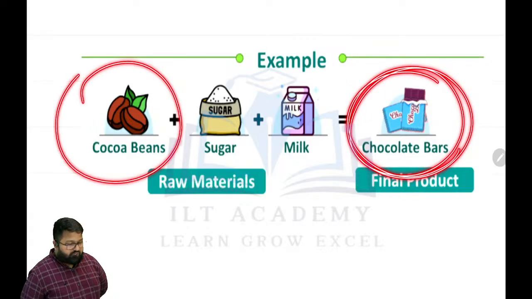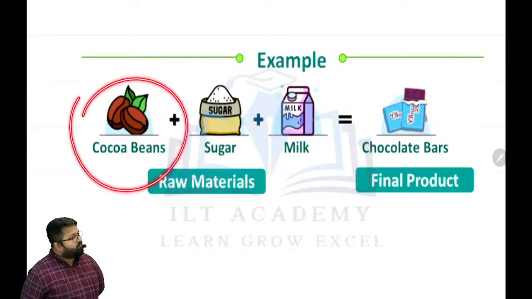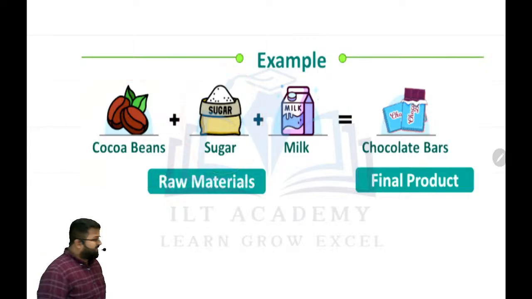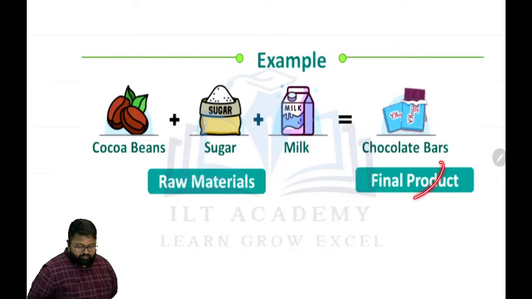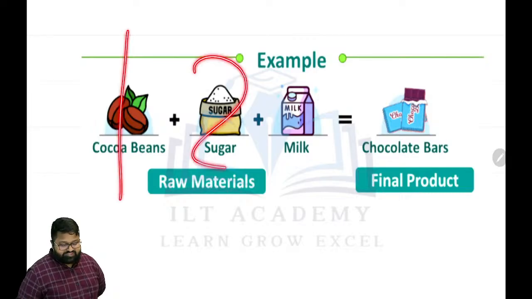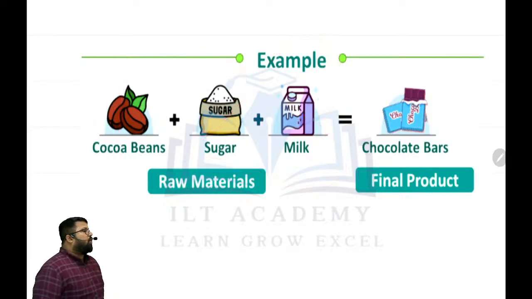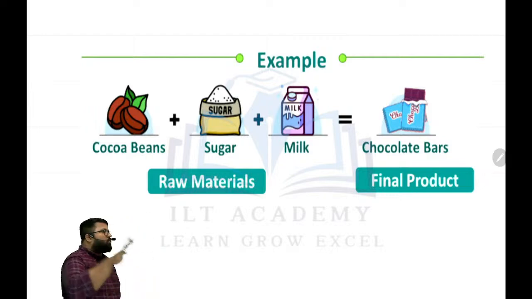So what is the raw material, buddy? Cocoa beans. Sir, if the cocoa beans are perfect, but the sugar is defective and has some quality issues, then will you get the best product? In the same way, this is one department, second department, third department. All should work with coordination and cooperation. If there is no coordination, it's a con.